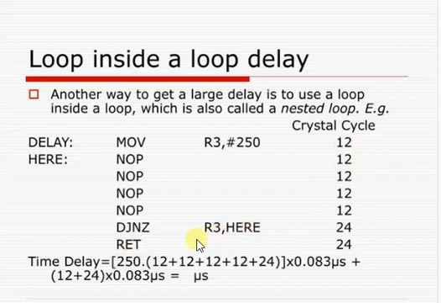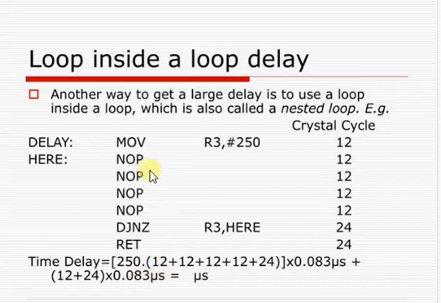Here, what happens? NOP, no operation, 4 times, 12 crystal clock cycles each. Then time delay is equal to 250 into 12 plus 12 plus 12 plus 12 plus 24, whole into 0.083 microseconds, plus 12 plus 24 into 0.083